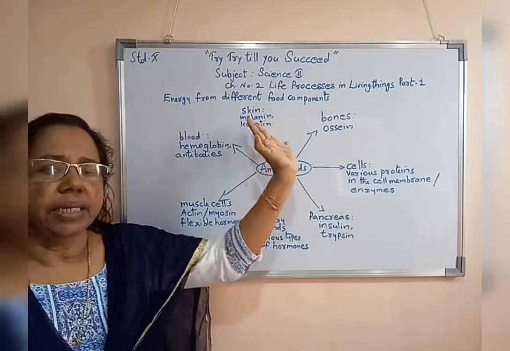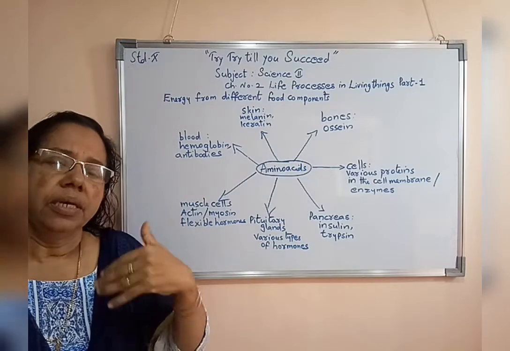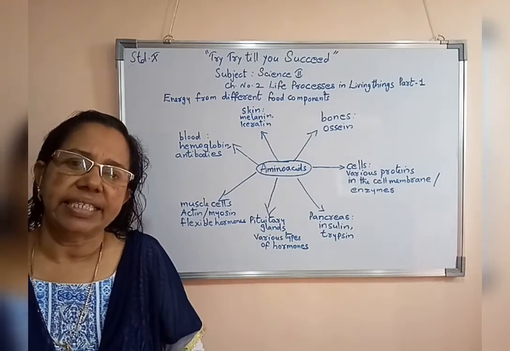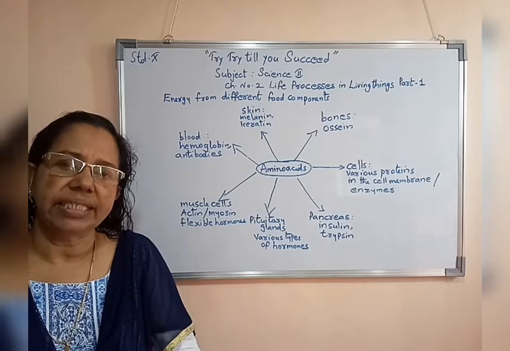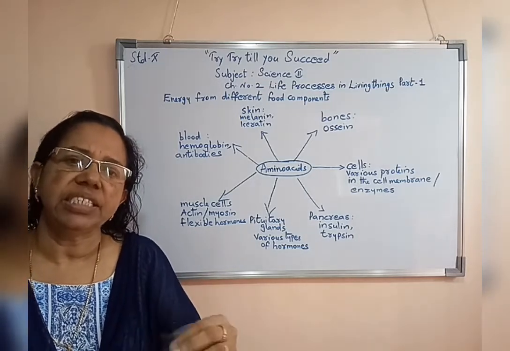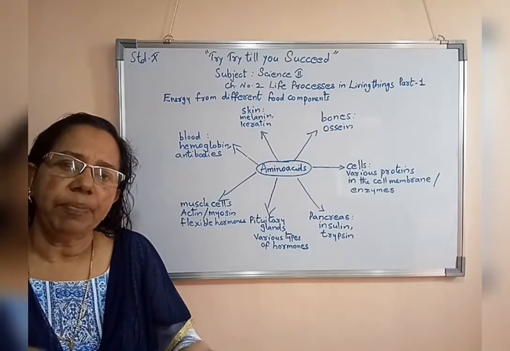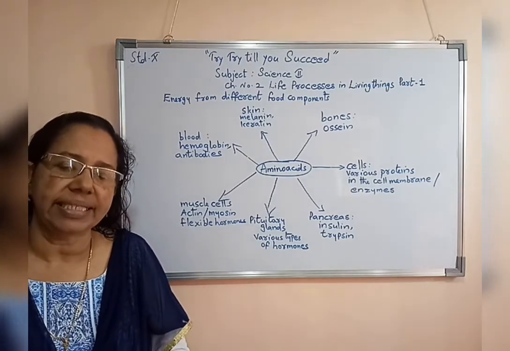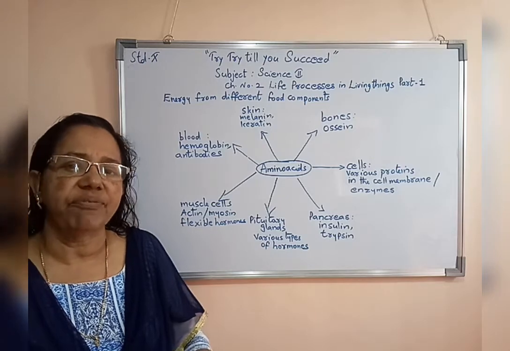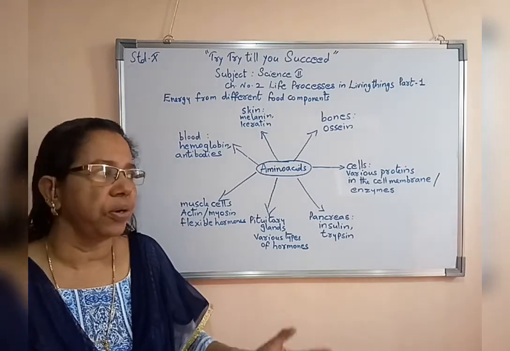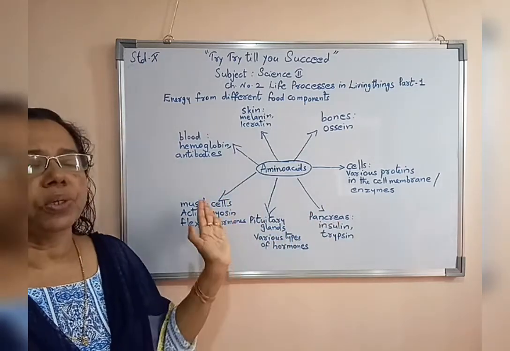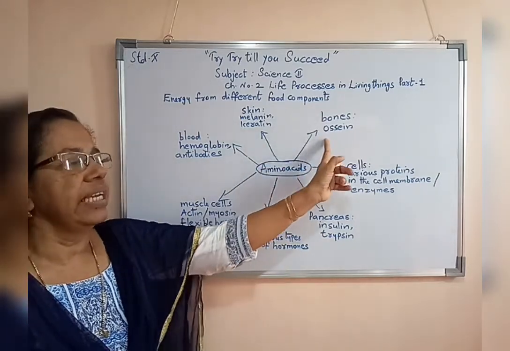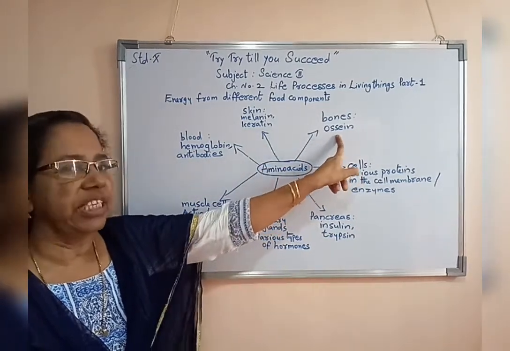So here is the importance of protein. When we consume protein, it gets digested into amino acids. The amino acids which are formed will be absorbed by each and every part of the body as well as cells. Once they reach each and every part of the body, they are transformed into different types of proteins. When it reaches the bones, it is transformed to osteine protein.